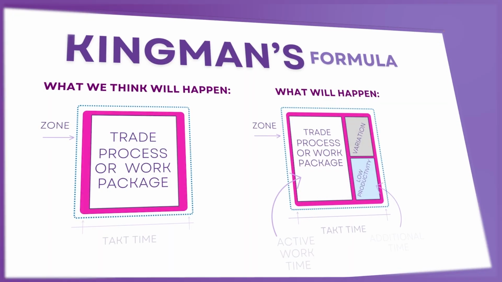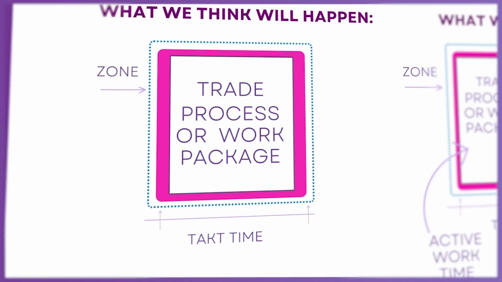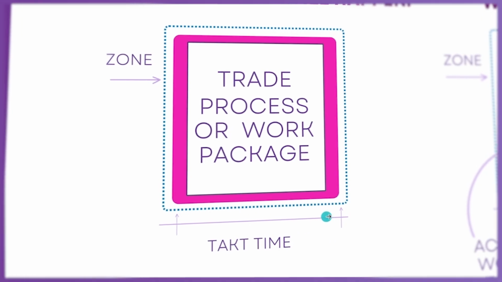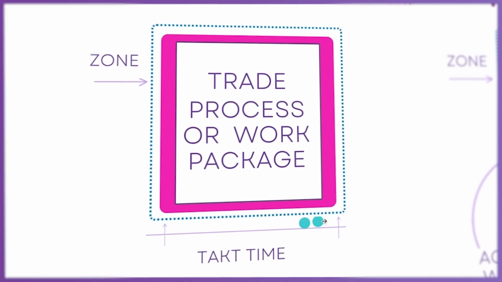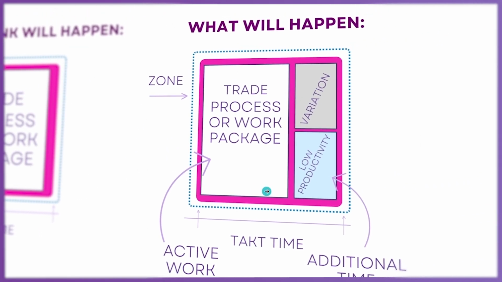Let me show this to you in the context of Kingman's formula. This is loosely translated from manufacturing, so I really don't want criticism from the manufacturing world. I'm just giving you my take on it. So when we say something will take a 4-day duration or a 4-day takt time, we think that the trade takes 4 days. No. The trade work, value-add work, is only a portion, and the other time is spent on variation and